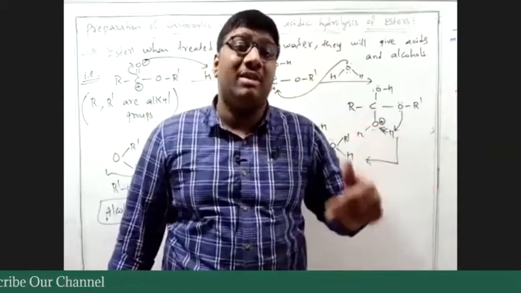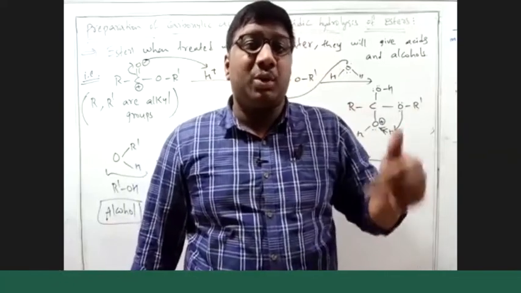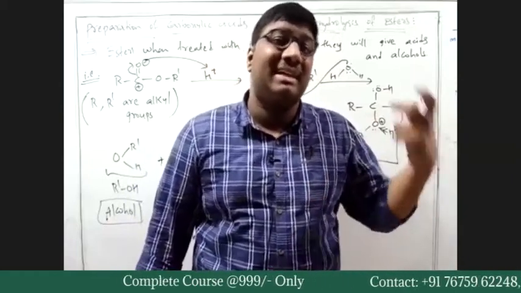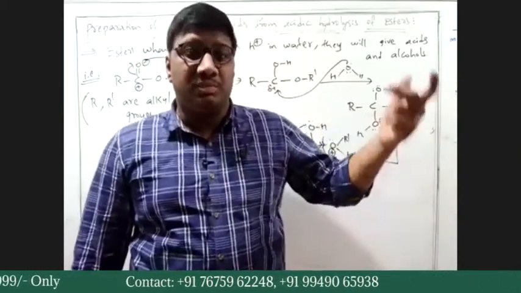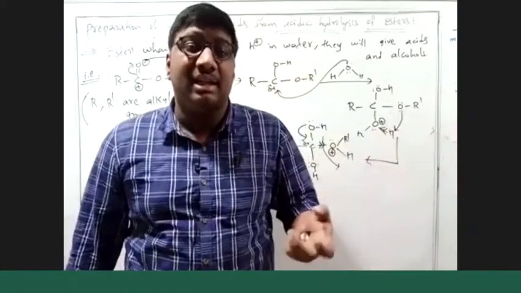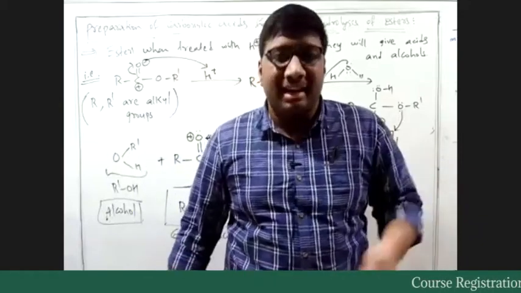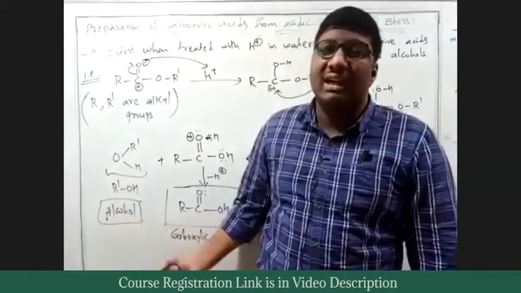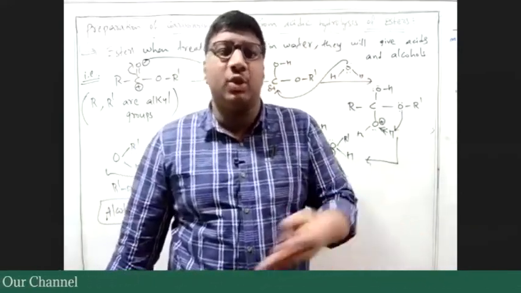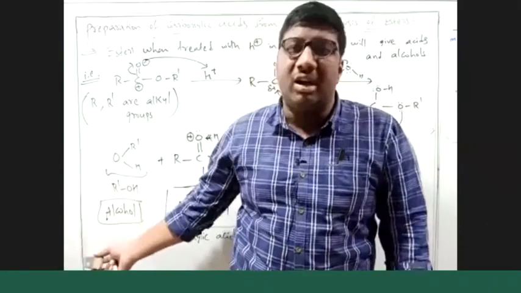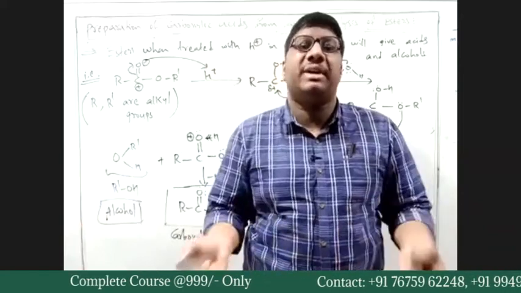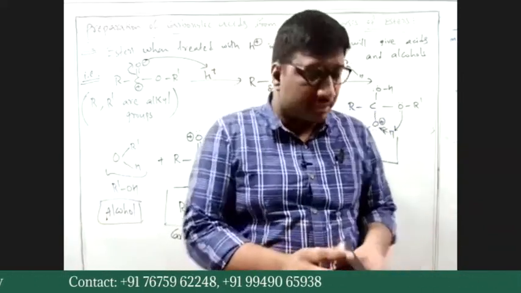That is why people always prefer reactions which have side products as gases. If the side product is a gas, then it can escape to the atmosphere. That is why people prefer reactions in which the side products are gases. Here, we have alcohol and acid. The side product is not a gas. The temperature conditions we don't know. At a particular temperature, the alcohol may be a gas, but in general, alcohol is not a gas. So we need to separate it out. There are many other tests.